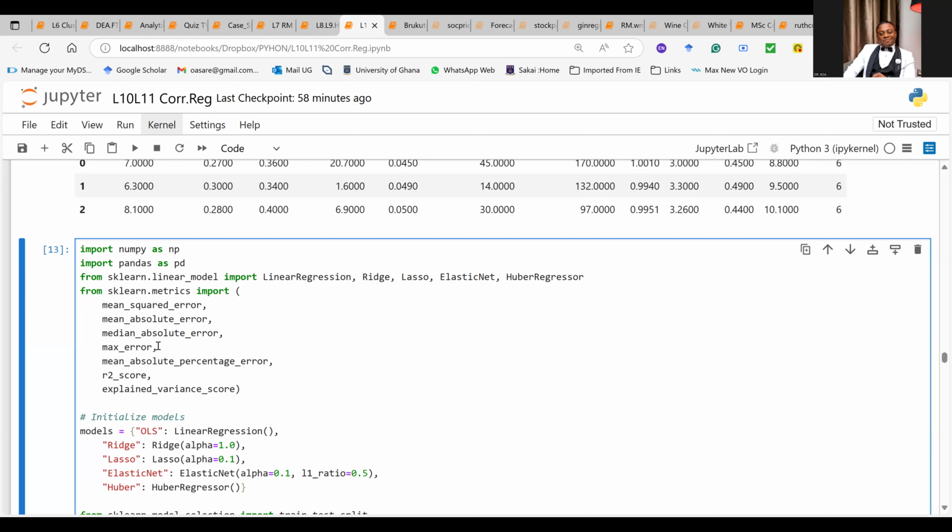Then the max error, then the MAPE. Sometimes you even have the SMAPE. And then you have your R score, the R square, and then adjusted R square. And then the EVS, which is explained variance score. There are quite a number of them, but these are the basic, necessary ones that we tend to use. In the next one, I'll give you more.